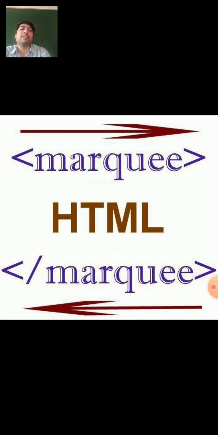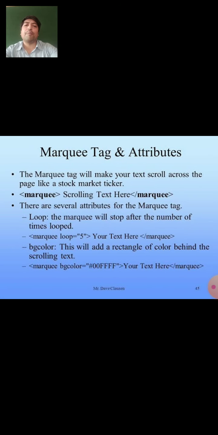In the HTML, the text is written in between the marquee tag, the starting of the marquee tag and the ending of the marquee tag. You can write that type of code inside the body tag, in between the body tag. You can display your web page with great attractive faces in front of others. The marquee tag will be very useful, so maybe in the future it will be mostly useful for doing different types of operations. You can see over the screen the different explanation of the marquee tag.